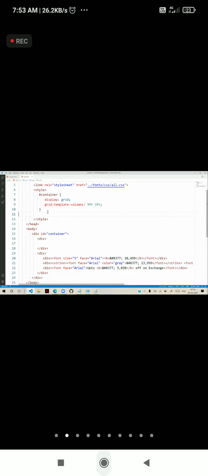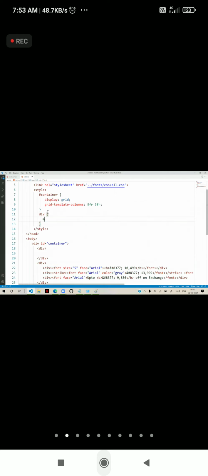If I write for div margin bottom as 5 pixels, then space will be adjusted for every div. You can add some space between the lines and we can display that.